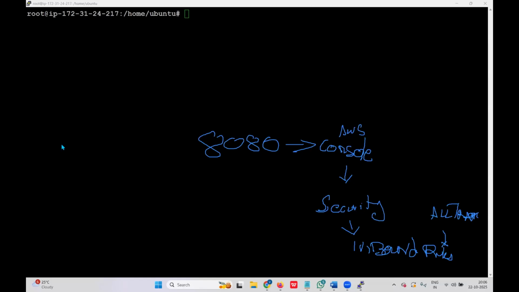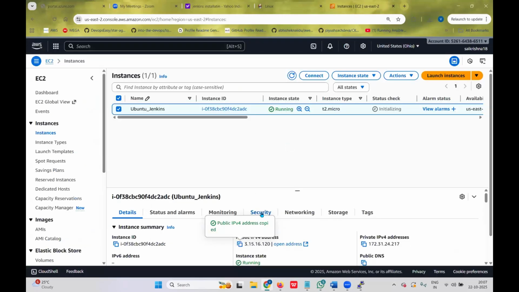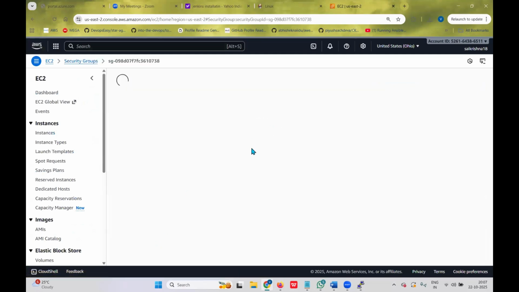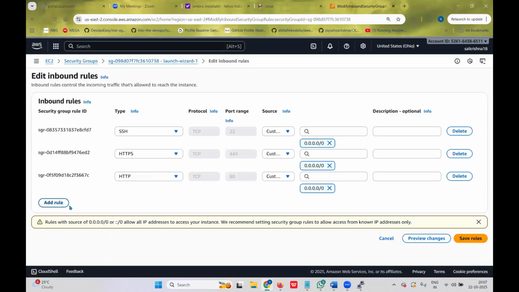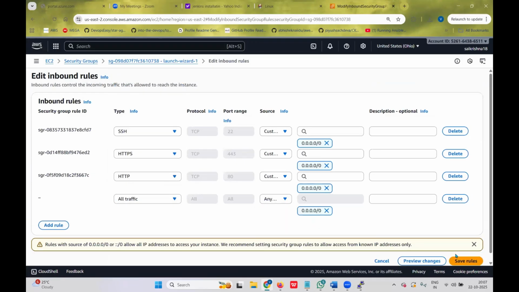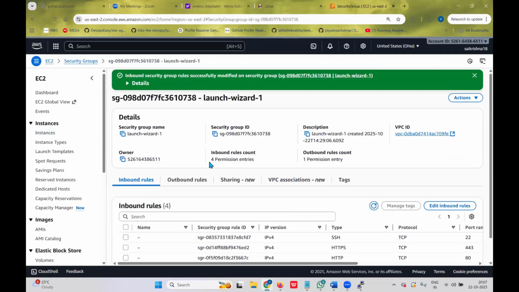So just go to the AWS console. Click on the security, and then choose the security group here. Edit the inbound rules, click on add a rule, all traffic, and then save rules. That's it. Now you just go to the instance page